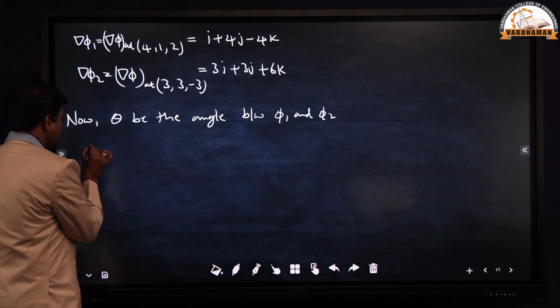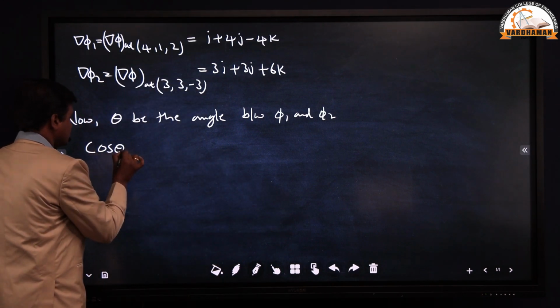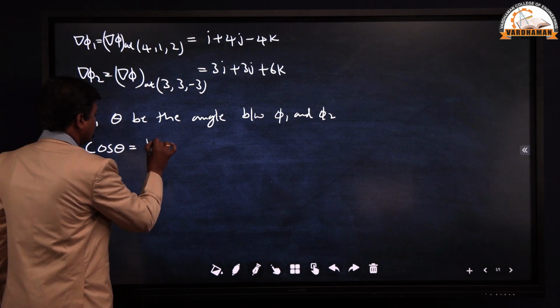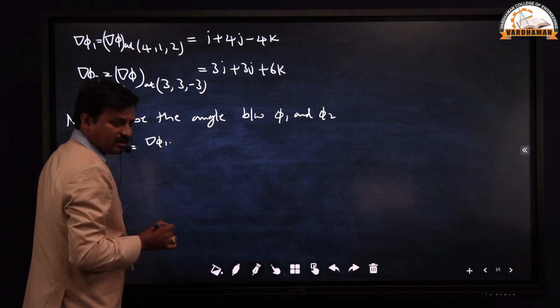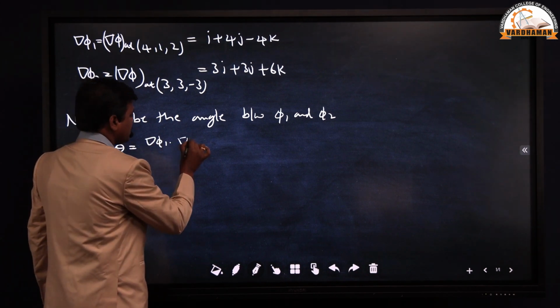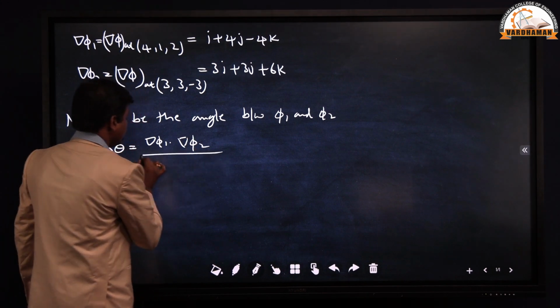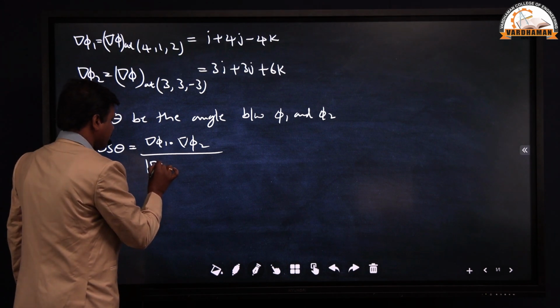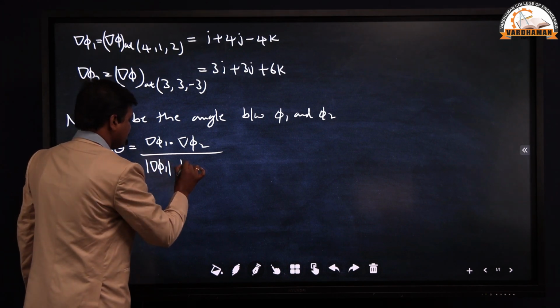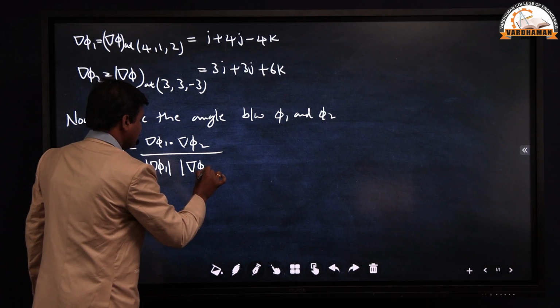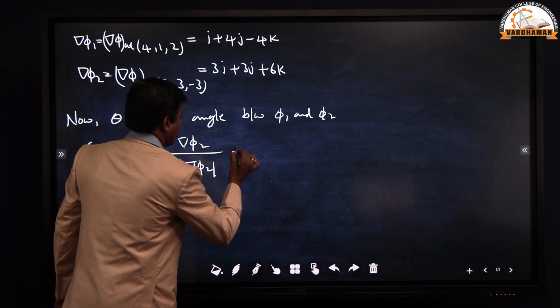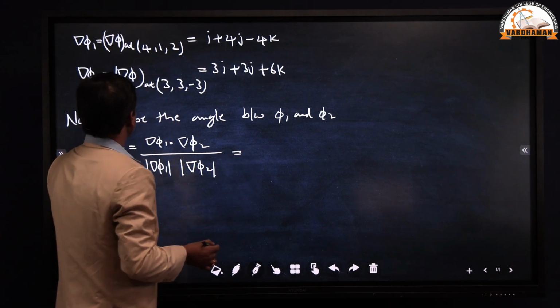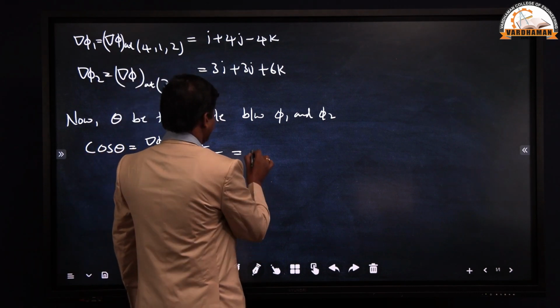Then cos theta equals del phi 1 dot del phi 2 by mod del phi 1 into mod del phi 2. This equals, so del phi 1 is i plus 4j